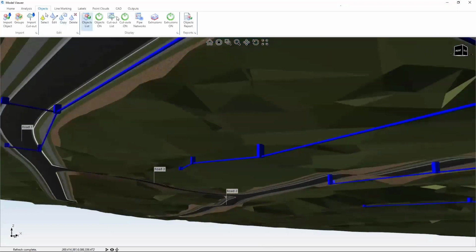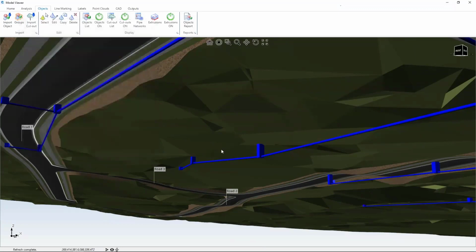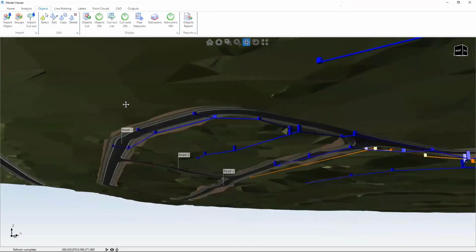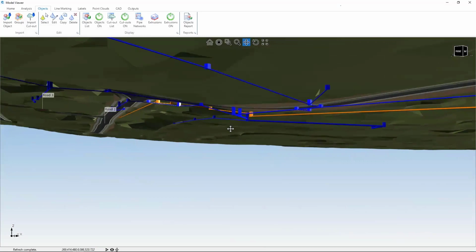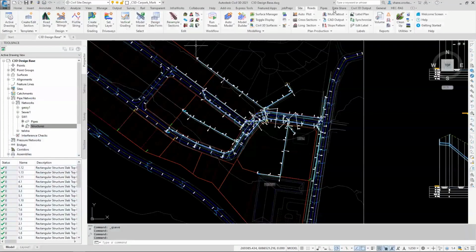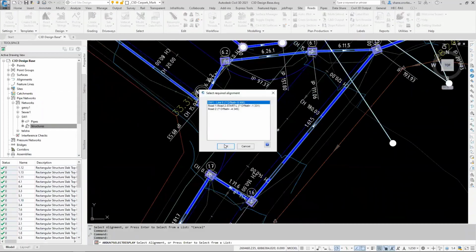Let me just add sewer to this. So there's the sewer line under here as well. I'm being a bit lazy and not setting transparency, but we're underneath the model here, so we're looking at the pipe network underneath. Just with regards to clash detection, which was why I was making so many networks, when we actually look down a branch of any of the networks,